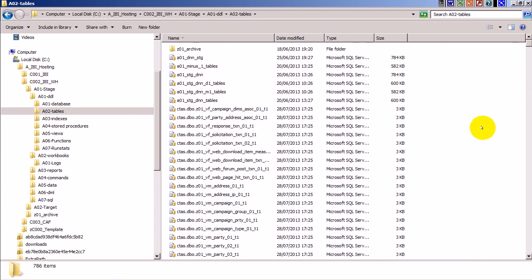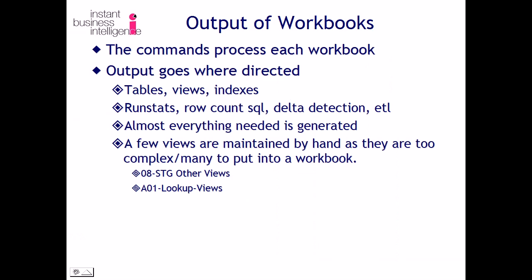All this table SQL is generated out of the workbooks, and I'll show you that in the detailed presentation. And so the output goes wherever you have directed it to go, and in the detailed presentation we'll show you how to do that. It creates tables, views and indexes, all the physical objects that you need to deal with